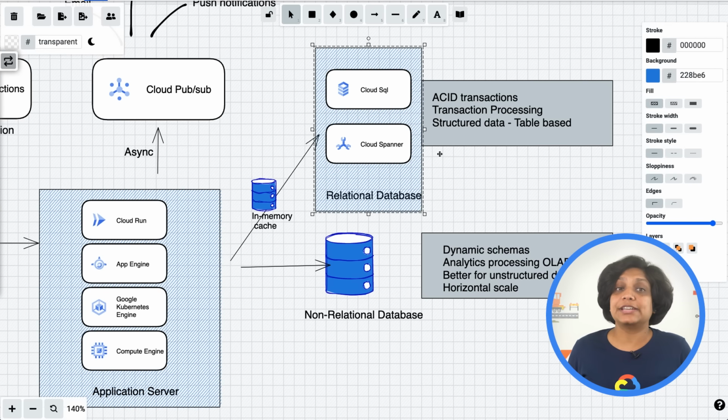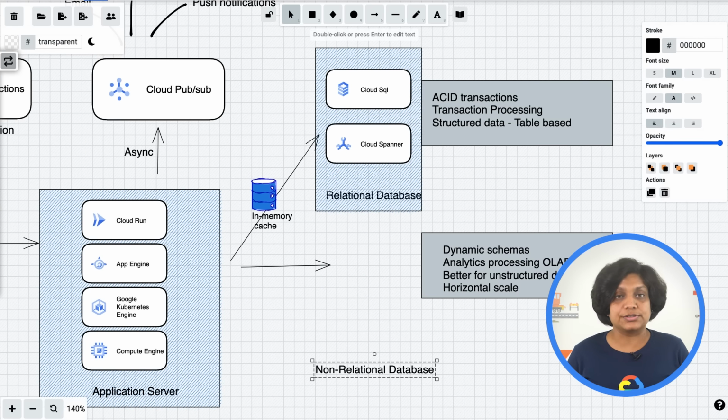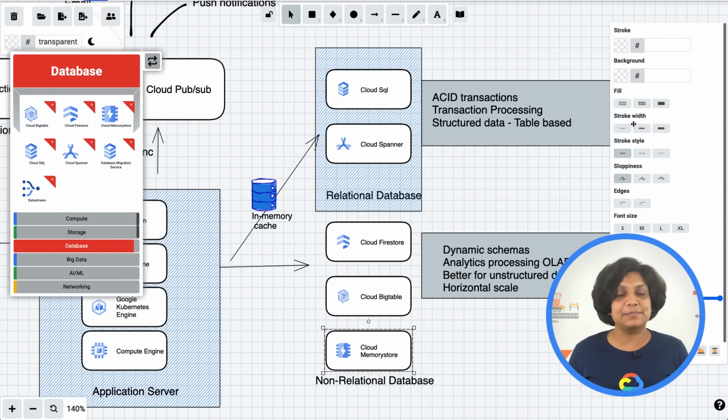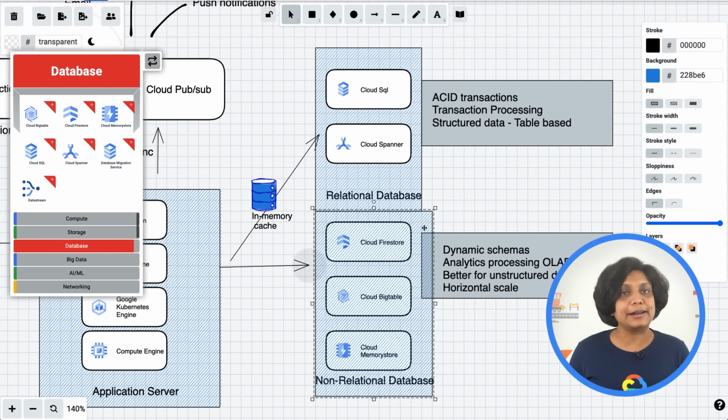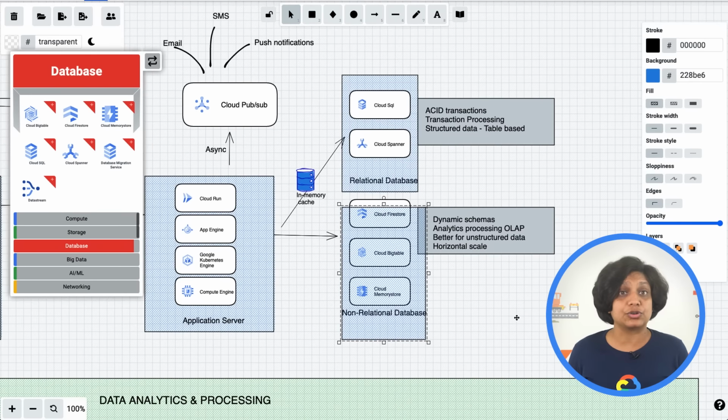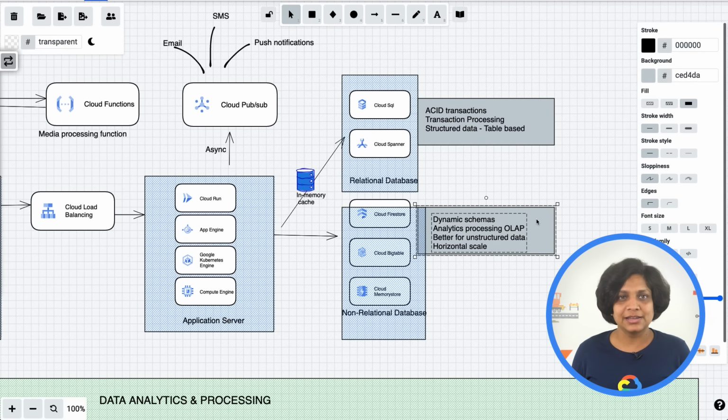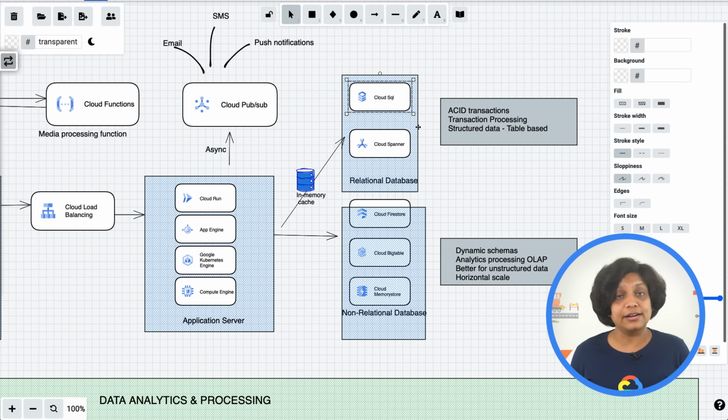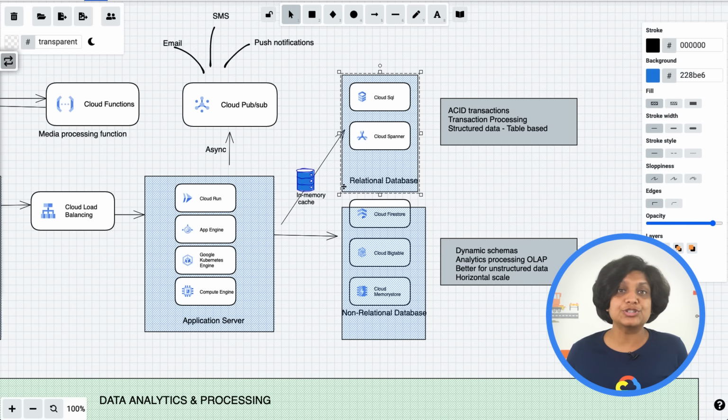For non-relational databases, we have three major options: Firestore, Bigtable, and Memorystore. Firestore is a serverless document database that can be used as database as a service, which is easy to set up and provides fast results to complex queries in real time. It also supports offline data and syncs, which makes it a great choice for mobile use cases along with web,